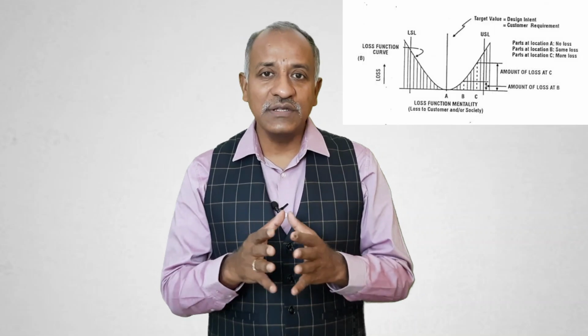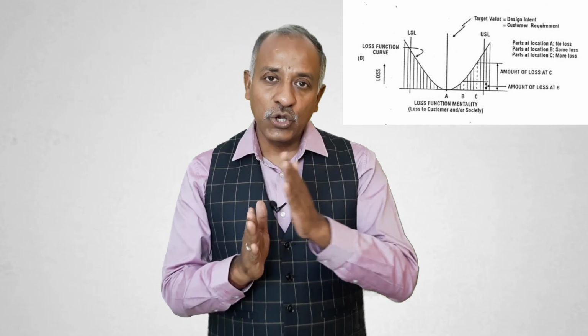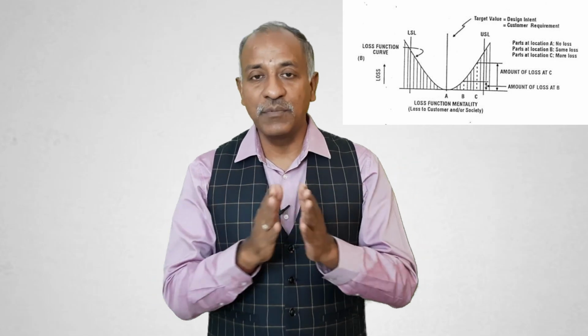It is just like a football match, wherein the main focus is what? That a goal should happen, irrespective of whether the ball is coming from this side or from the center side. As long as the ball is coming in the post, it is considered a goal. Now, on the other side, loss function says that our focus should be on the center and not on the lower side or on the higher side, because as we go to the lower side and higher side, we are increasing the possibility of variation, and the possibility of some additional work that needs to be done.